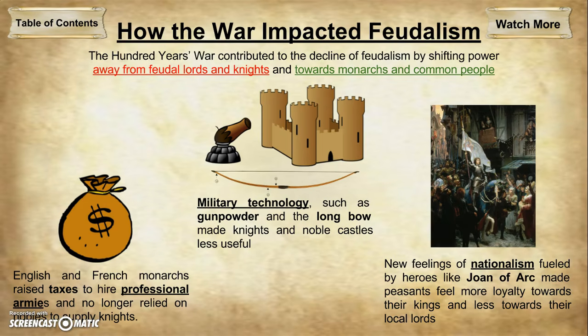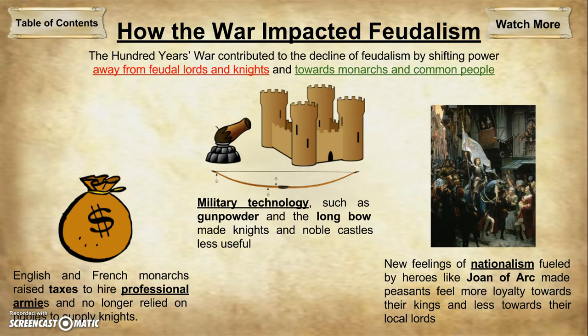So the invention of the longbow by the English made it so that you could hire a commoner, with a little bit of training, teach them how to shoot the longbow, and they could then shoot knights from a very long distance. This made the knights less important in battles and a commoner off the street a little more important. Now, in addition, there was the decrease of castles due to the fact that gunpowder could blow cannon holes through the castle walls, making castles less important.